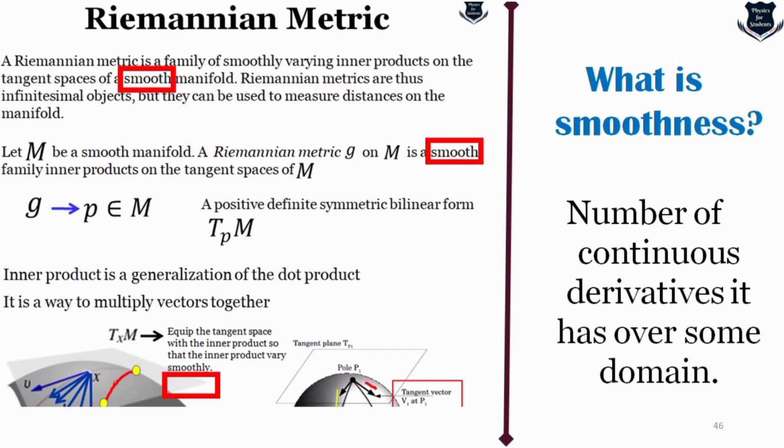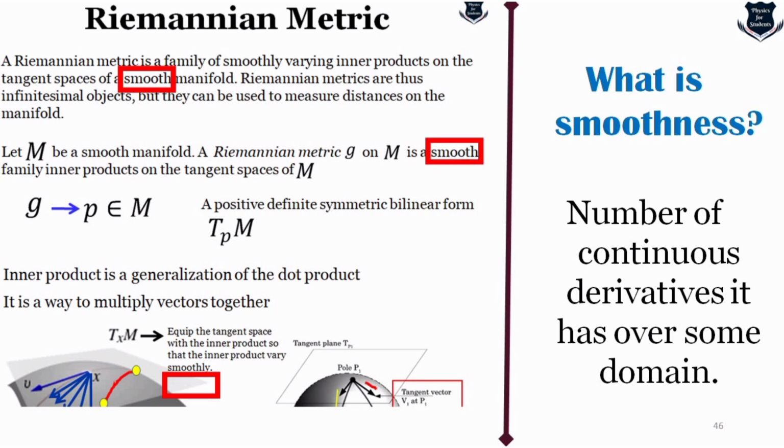We say that it is the number of continuous derivatives it has over some domain, right? Now, we are not going to talk about smoothness particularly in this video. We will now take a pause, and this concept of smooth manifold and smooth family of inner products will be